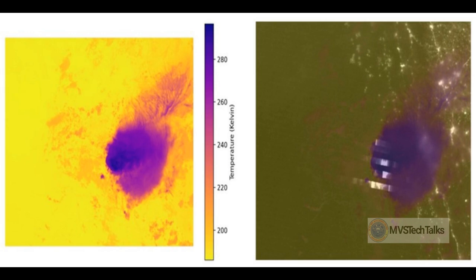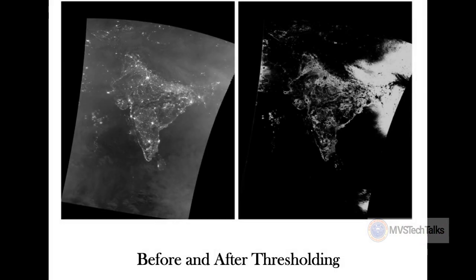In the next step, we are applying thresholding on the RGB color band, on the area in which we are interested. The pixel value of the red channel is filtered within the range of 60 to 130, the green channel is filtered within the range of 90 to 150, and the blue channel is filtered within the range of 52 to 10. After filtering all this RGB color band, we will get the binary image. In this binary image, white pixels represent lightning and black pixels represent non-lightning. By using thresholding, we can detect the lightning strike by filtering out land masses, clouds, and artificial light sources.